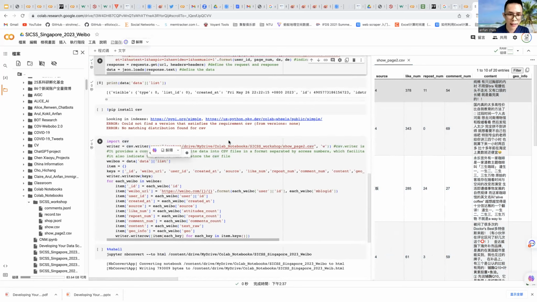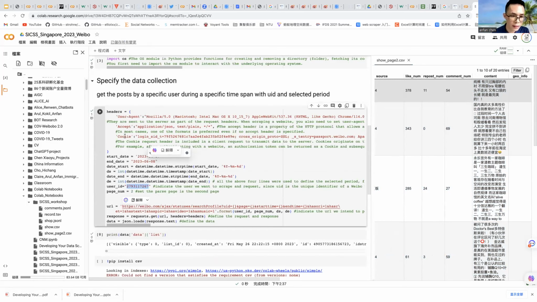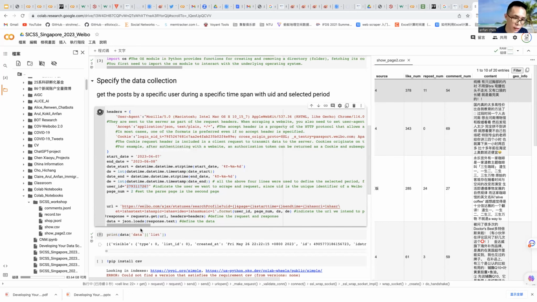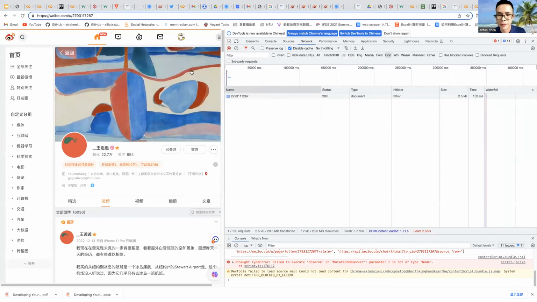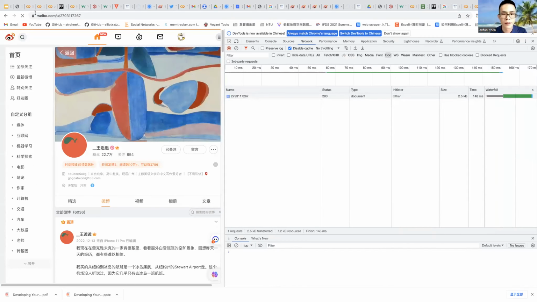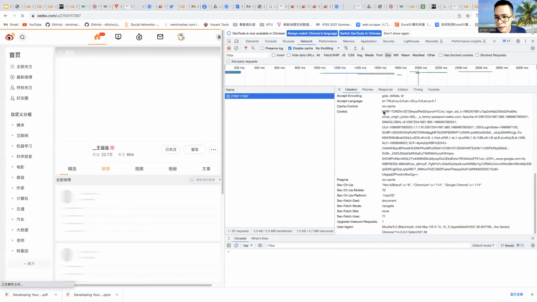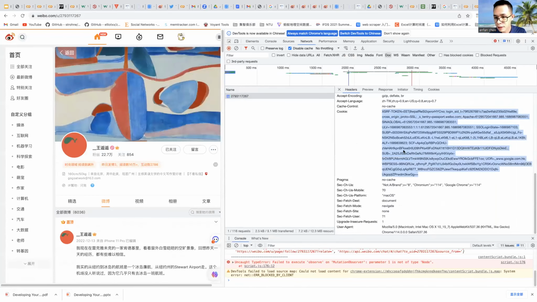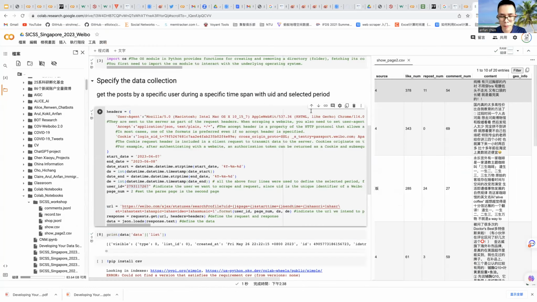But keep in mind that the important thing is the cookie. If you run the code and some bugs happen, maybe the cookie is invalid. So you should generate the cookie in this way: get a cookie, copy and paste, to get a new cookie, and it will be successfully implemented.